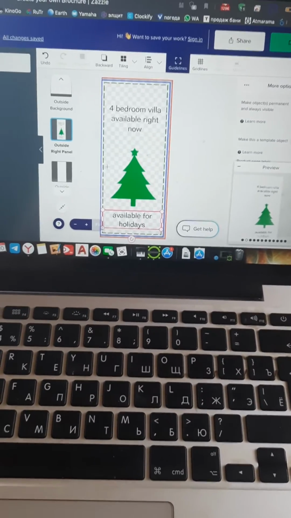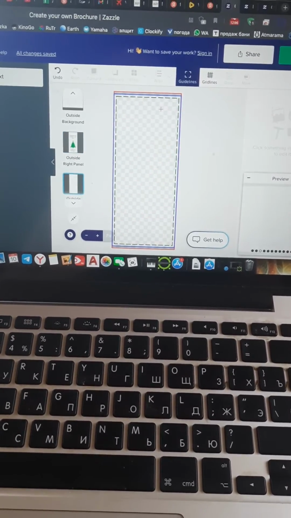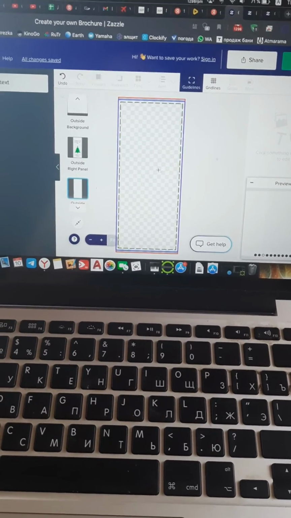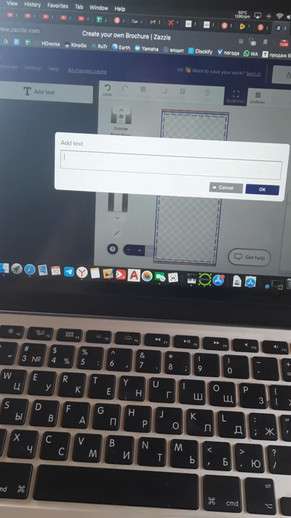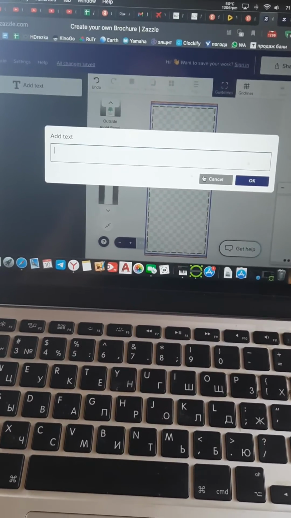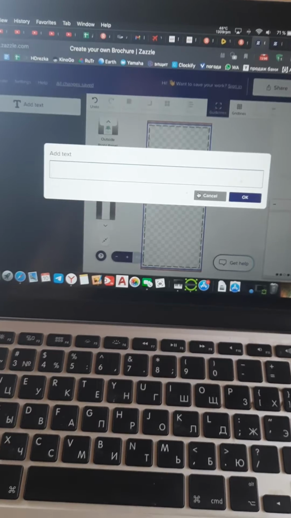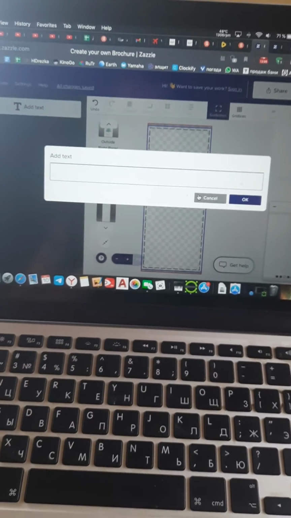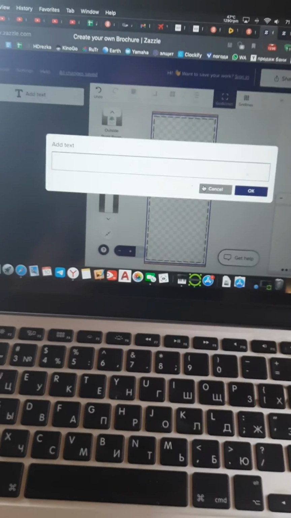Anyways, so this is the first outside right panel, okay? And then we have the middle one. In the middle one, you can put pictures, or you can put text describing how the room looks. You can have every page or every layer describing the house or something like that. Guys, play around with this and see how it works for you. So maybe I can write over here,